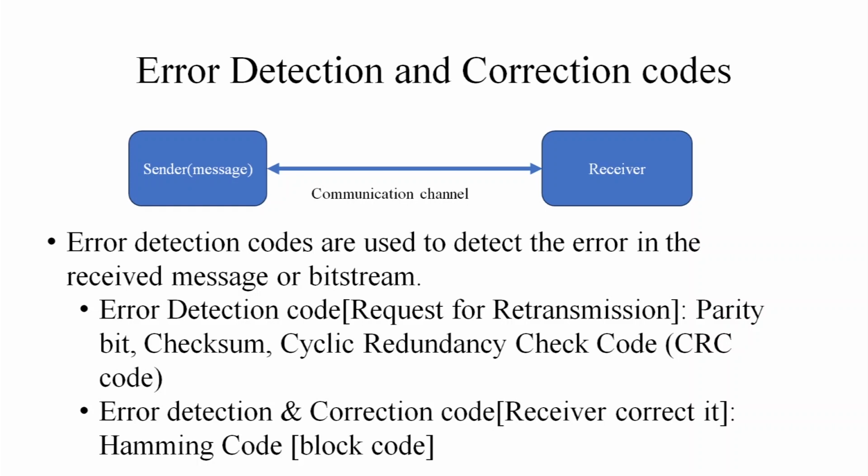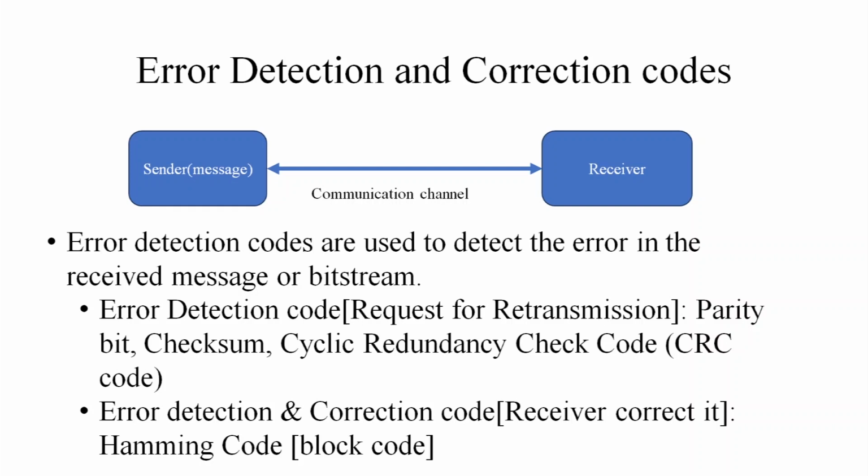If there is an error, then the receiver requests retransmission, because these are error detection techniques, whether it is a parity code, checksum bits, or a cyclic redundancy check. When the receiver checks and any error occurs, this means the receiver requests a